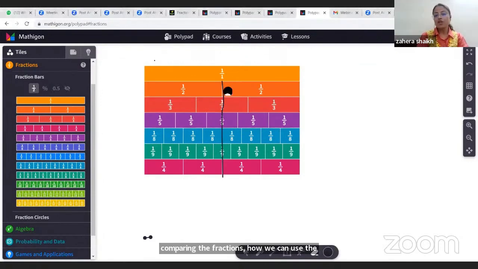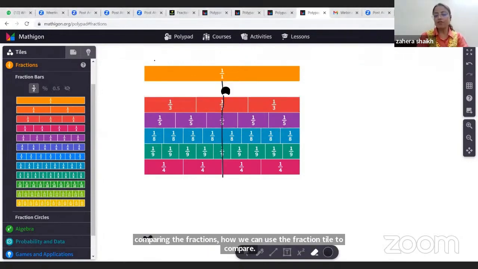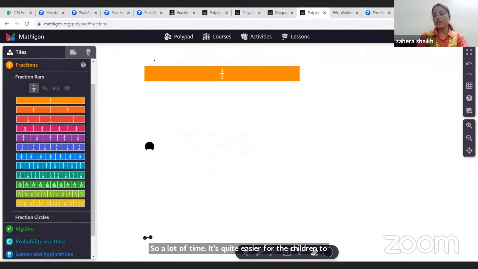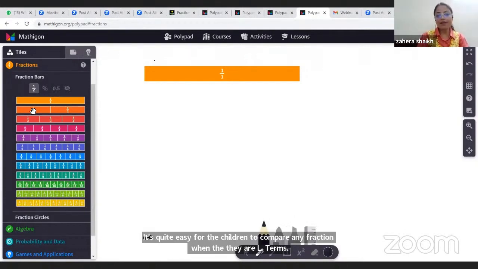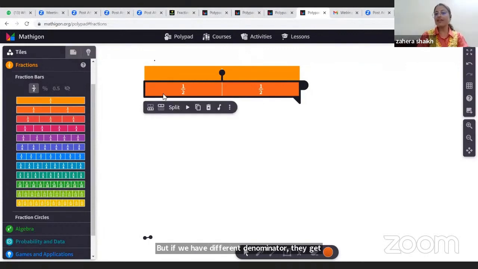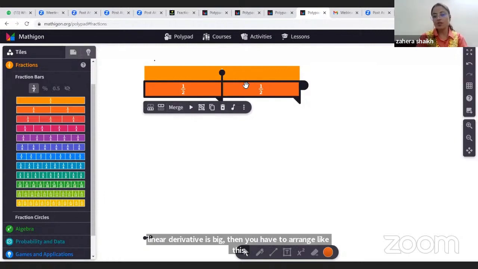fraction tiles to compare. A lot of the time it's quite easier for the children to compare fractions when they are like terms, which means they have the same denominator. But if we have different denominators, they get confused. And then we as teachers give them some trick to learn. Okay, if the denominator is bigger, this is the way you have to arrange. If the numerator is big, then you have to arrange like this. These are the tricks, these are the processes that we want our children to learn and memorize,